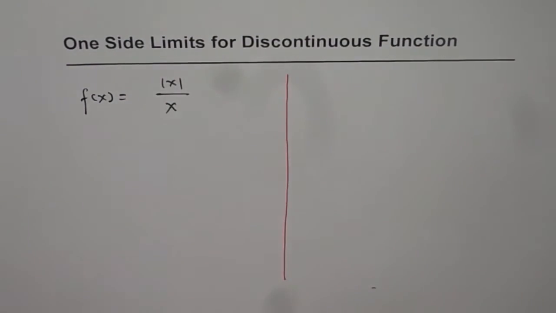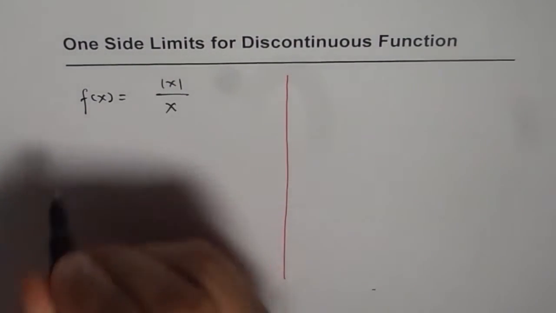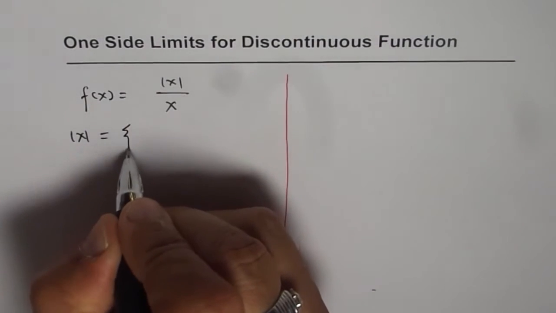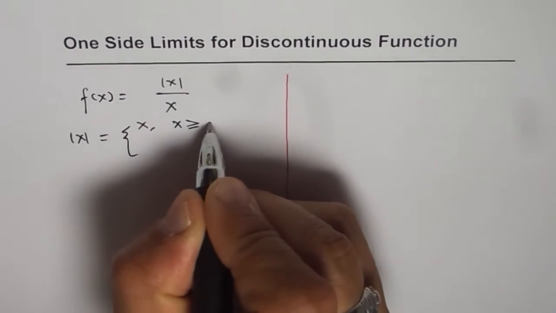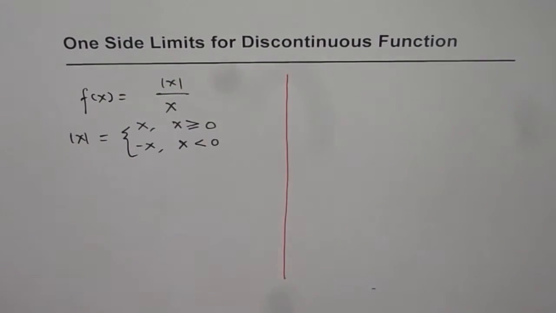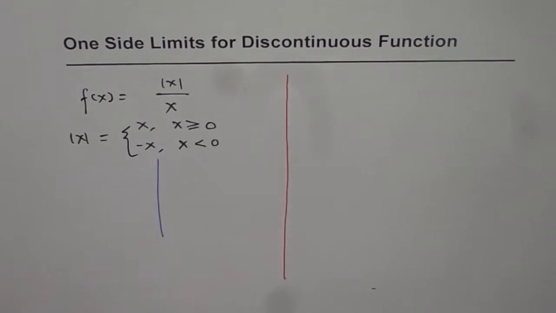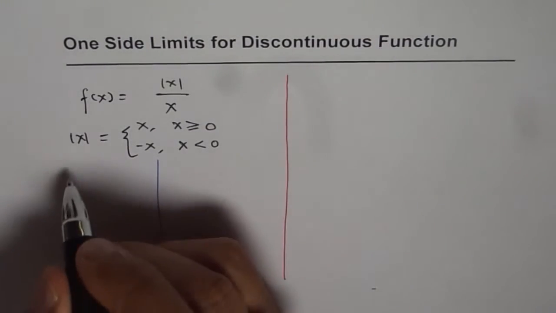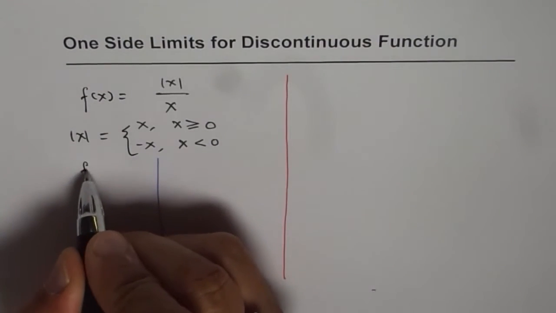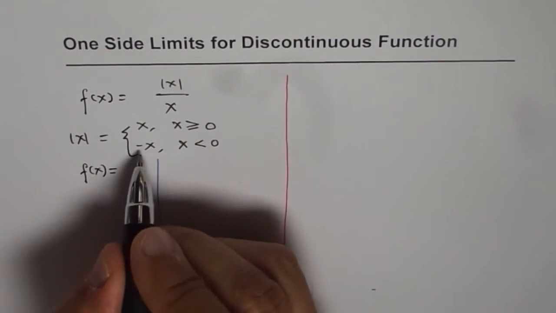So absolute x over x is our function. Now we know absolute x is basically a piecewise function, so we can always write absolute x as equal to x if x is greater than or equal to 0, and it is equal to negative of x if x is less than 0. That means this function could actually be written as two pieces, right? Let me write the two pieces separately. One is f of x equals, if x is less than 0, in that case